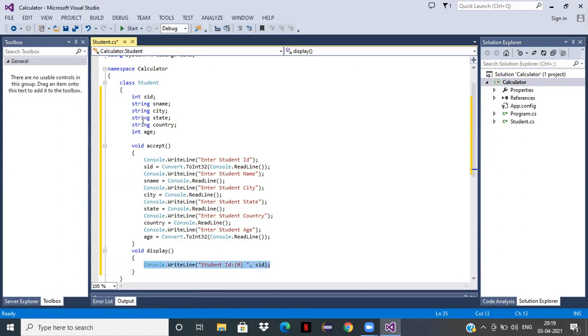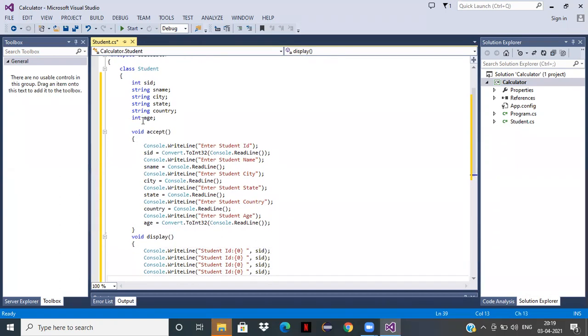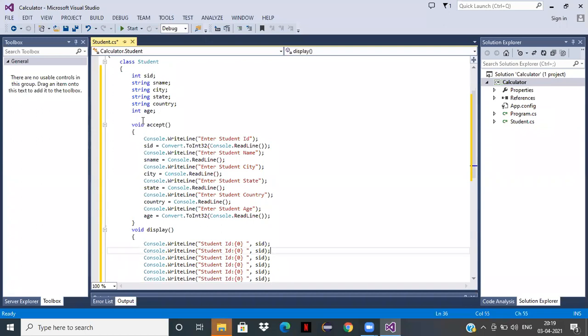The same for everything: name, city, state, country, age.